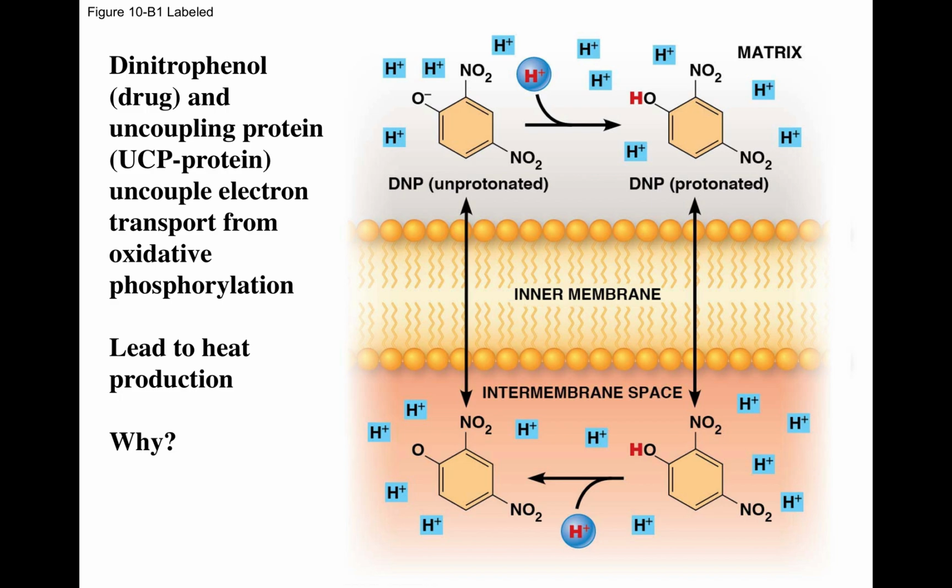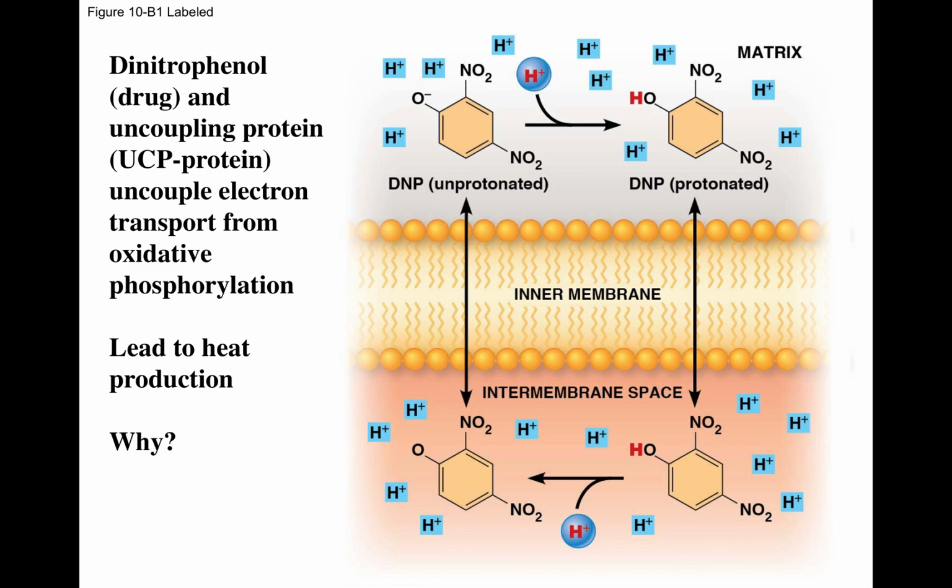It also leads to heat production, and these people had fevers and sweats and that sort of thing. And that is why you are still taking the potential energy from that NADH and FADH molecule. Remember, 90% of the potential energy that is taken out of glucose is stored in those NADH and FADH carriers. And now you're just dissipating that potential energy instead of harnessing it in the bonds of ATP, because